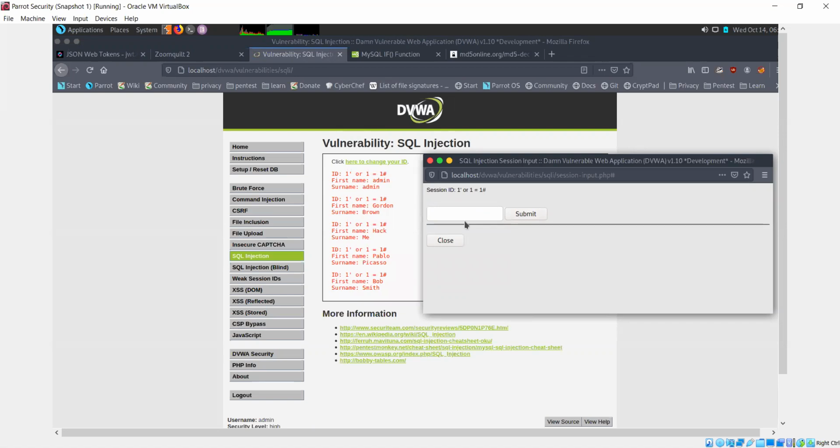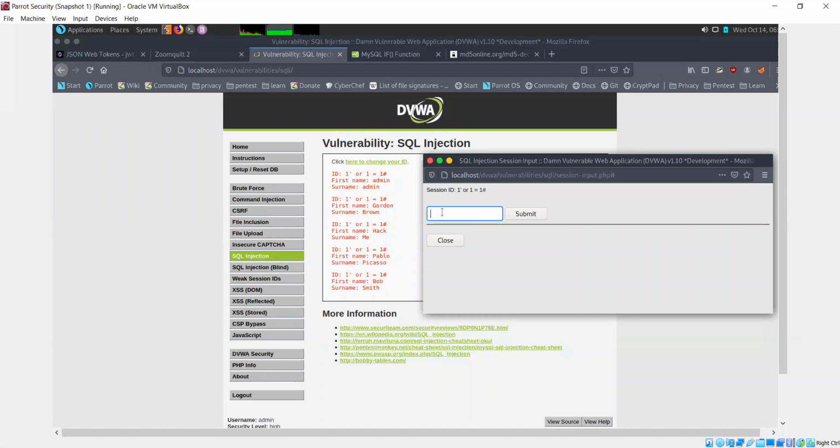So this is what finally worked. Single quote after 1 or 1 is equal to 1. So instead of doing the character comparison here, we are simply comparing the number, 1 is equal to 1. So sometimes you need to play around with these things to see what will work. But again, we are able to perform the injection here.